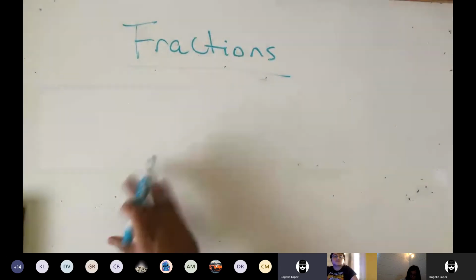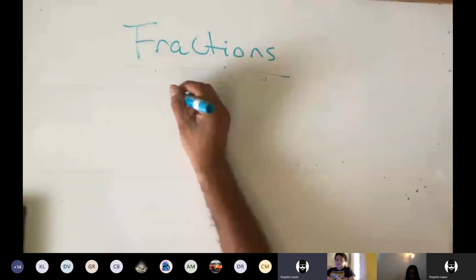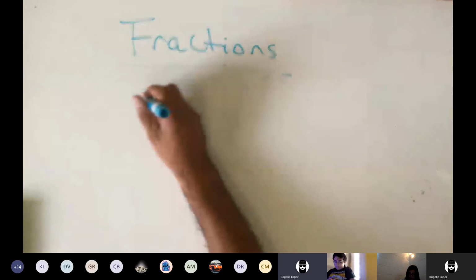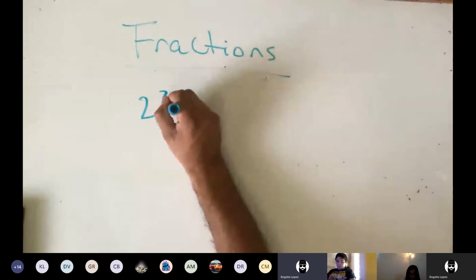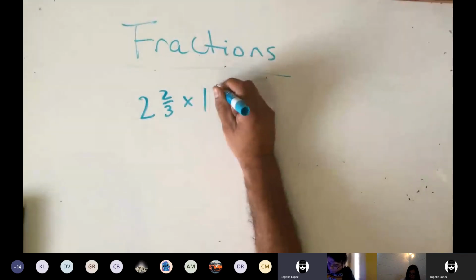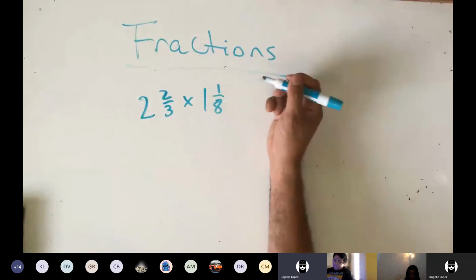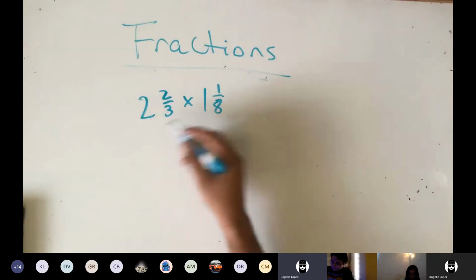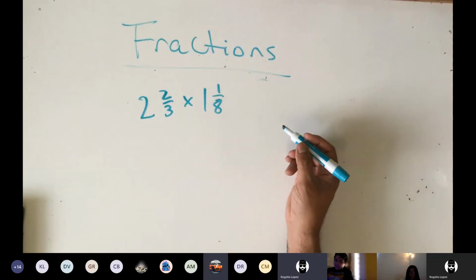So let's do one more multiplication problem. Let's do 2 mixed numbers. So let's go 2 and 2/3 times 1 and 1/8. Okay? So again, I can't just go straight across because